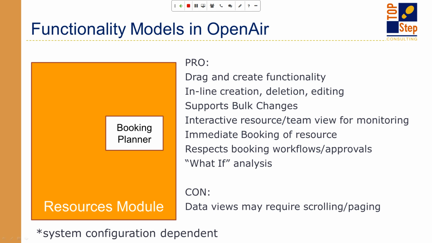Another thing that this does for you is it gives you the ability to do that what-if analysis. So something that people didn't really like about the bookings module for a long time was sometimes you just want to play. You kind of want to sandbox to try out different resources, see how schedules overlap, make sure you've got good coverage, but you don't really want to commit to anything. Maybe you have one of those notifications set up that we talked about. So you don't want to accidentally trigger off 10 emails to a single resource